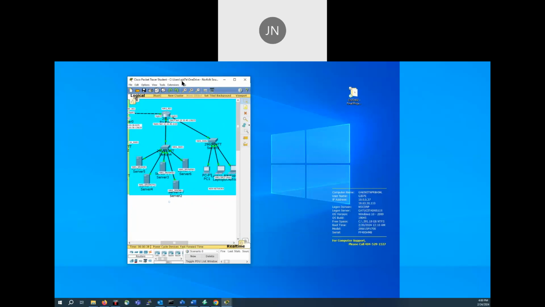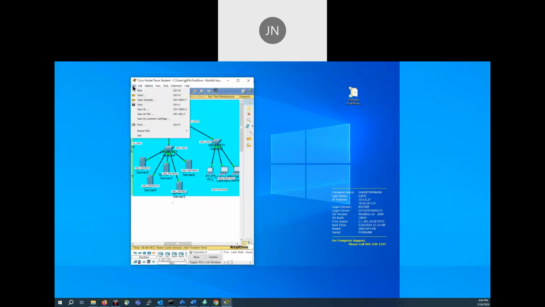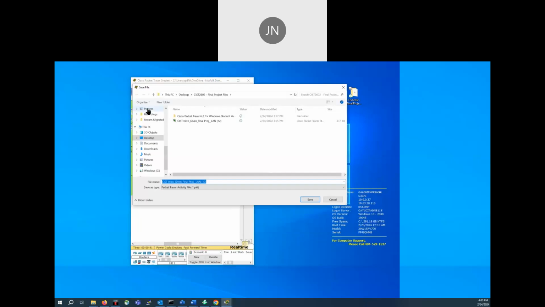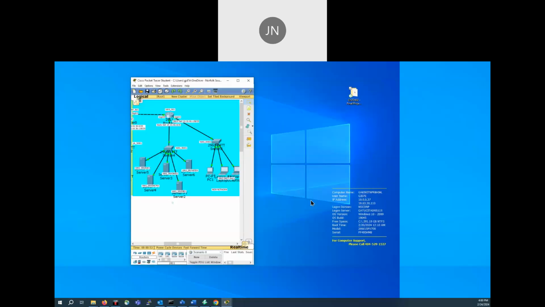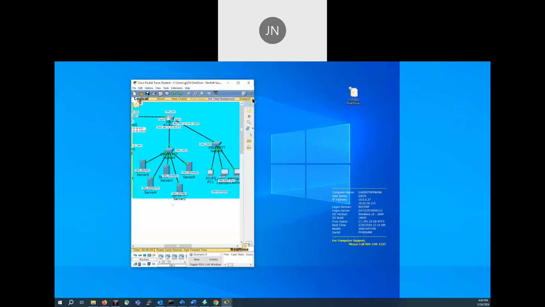and you're going to click File, Save As, and you're going to give your name, supposedly John. Going to save. So that becomes your file, right? Your file. You're going to make sure you put it